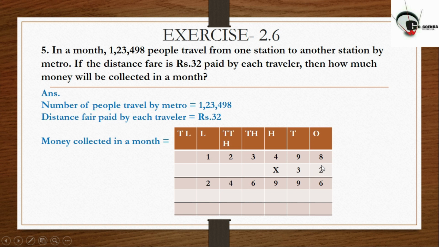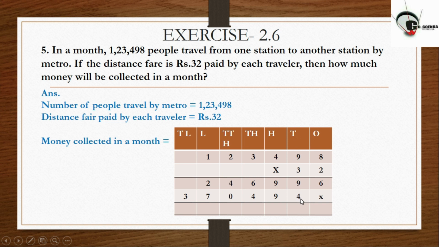So we need to multiply all these digits in this given number by 2, and in the next step we need to write down a cross over here at the last. Why are we doing so? Because now we are not taking consideration of 2 over here. Now we have to start from 3. 3 is at the tens place, so that's why we are starting from the tens place.